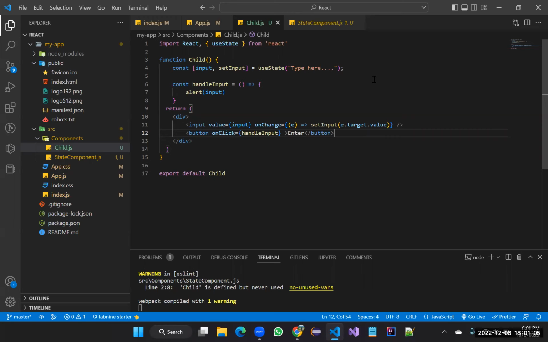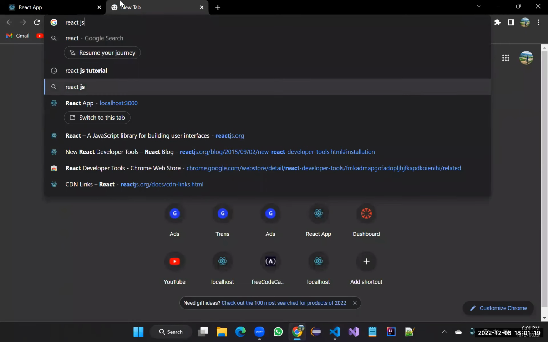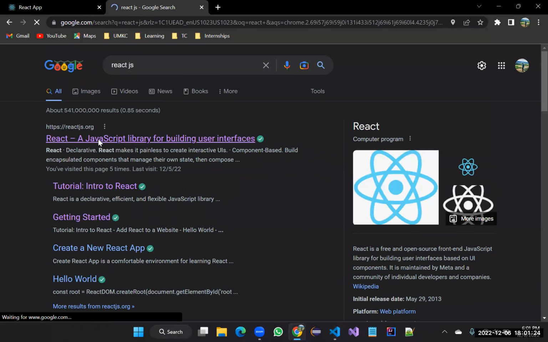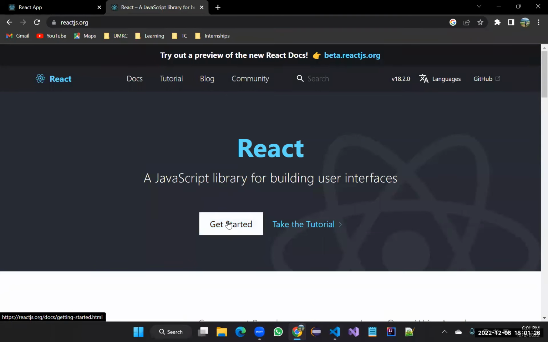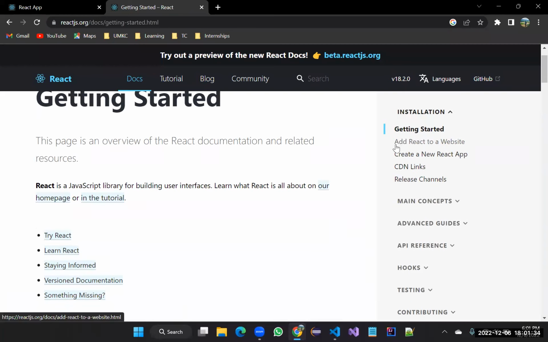So there are many in-depth concepts in React as well. So once you go through all the documentation of React, I'll just show you React.js. You can go to this website, React.js. This is the official documentation. And once you click on this get started or take the tutorial, you'll get a list of concepts. So you can easily access how to add React to your website by using HTML, or how to create a new React app,